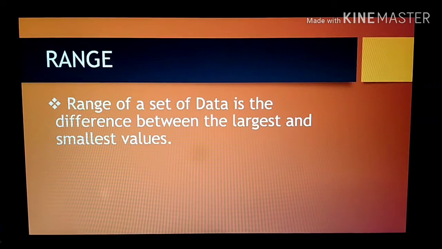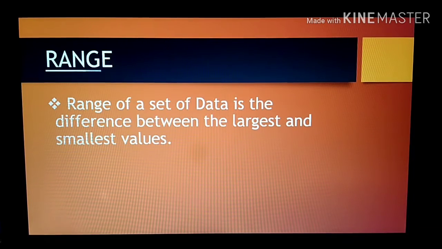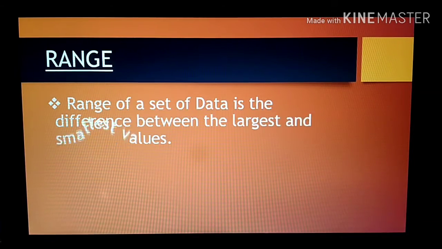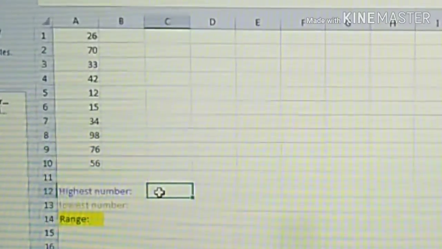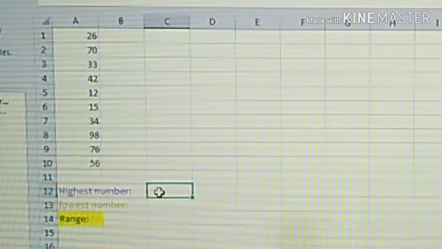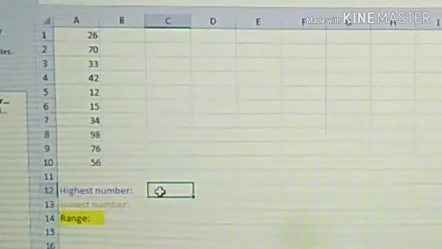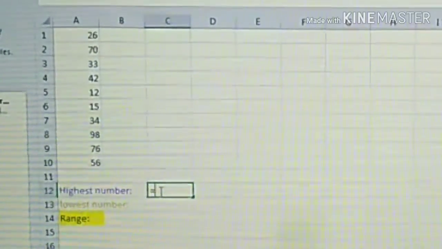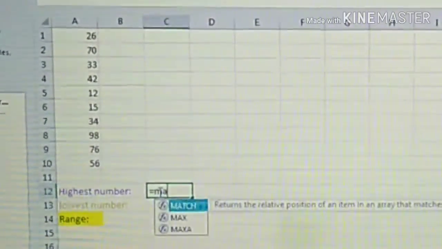What is range? The range of a set of data is the difference between the largest and the smallest. So, to get the range, we need to find the highest number. How can we find the highest number? You will input this formula: equals MAX,